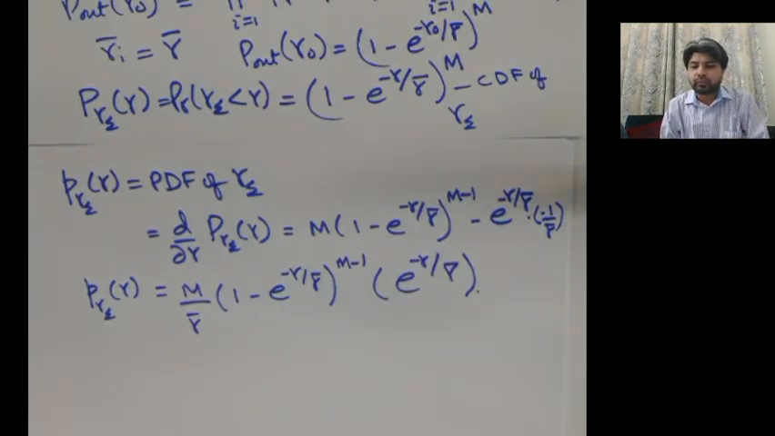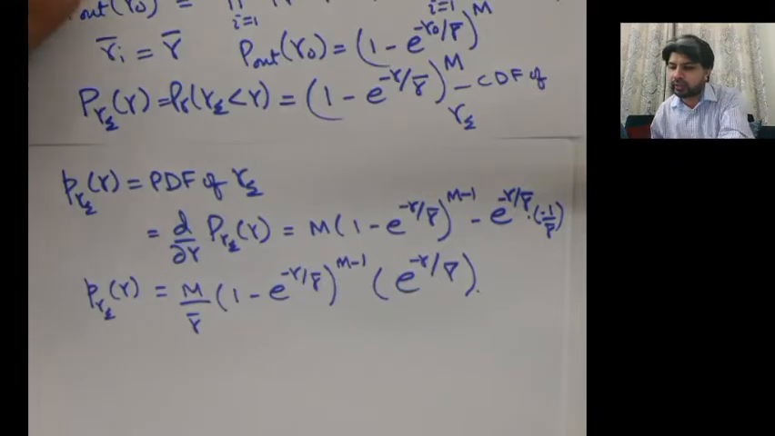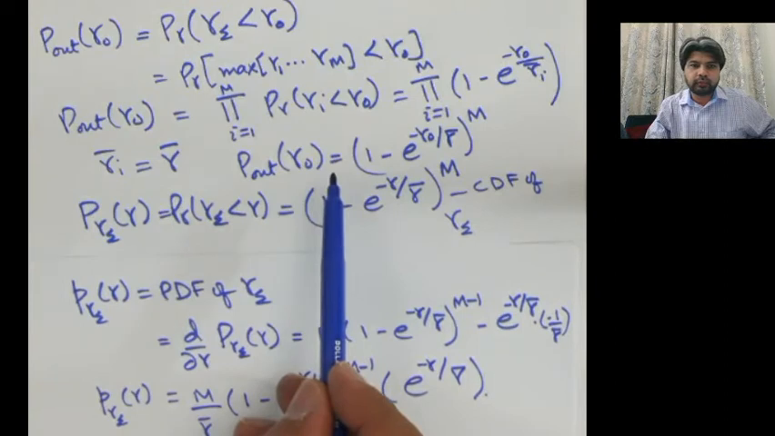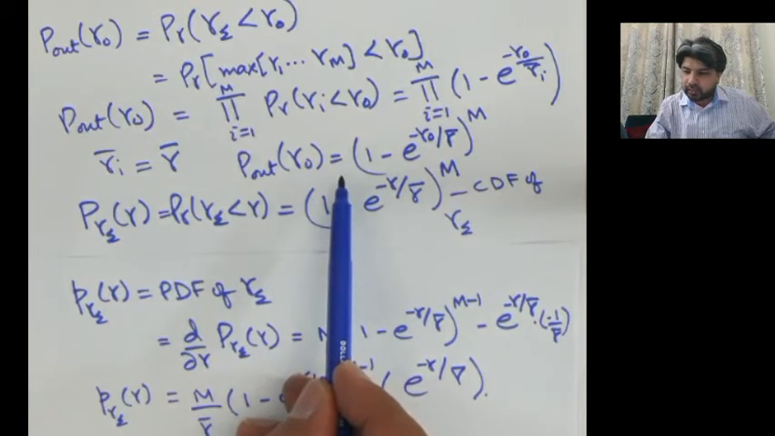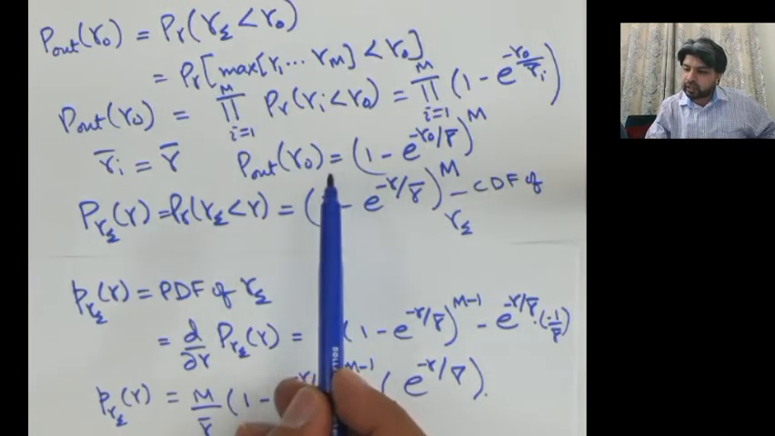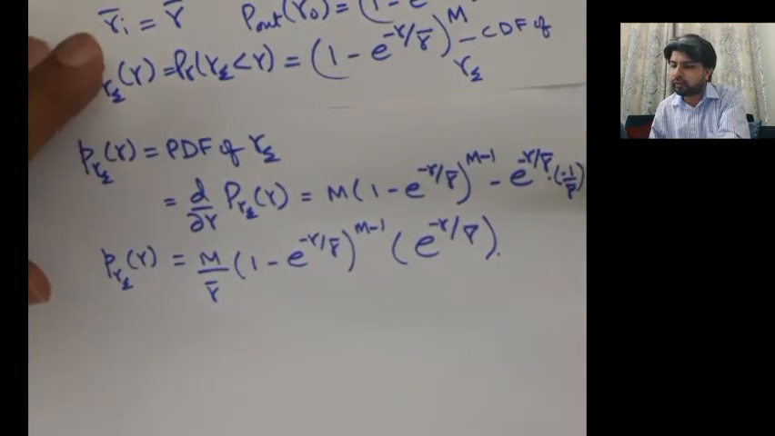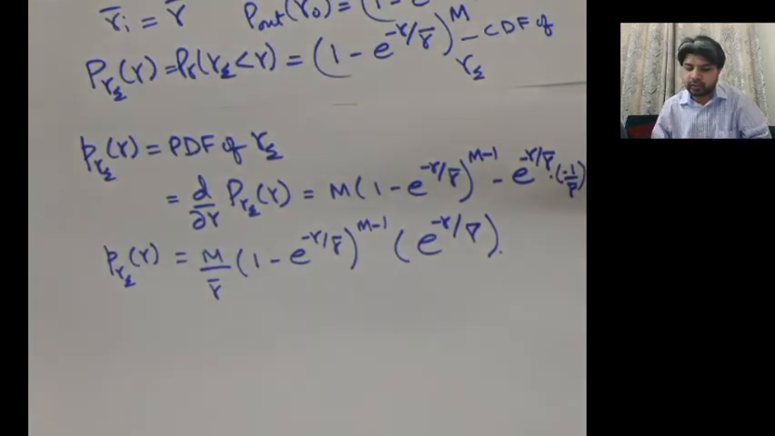So now you have computed two important things for selection combining. We have seen the outage probability under Rayleigh fading with equal branch SNR. And next, we have seen the PDF of the combiner output with selection combining. So now if you want to plot the outage probability,